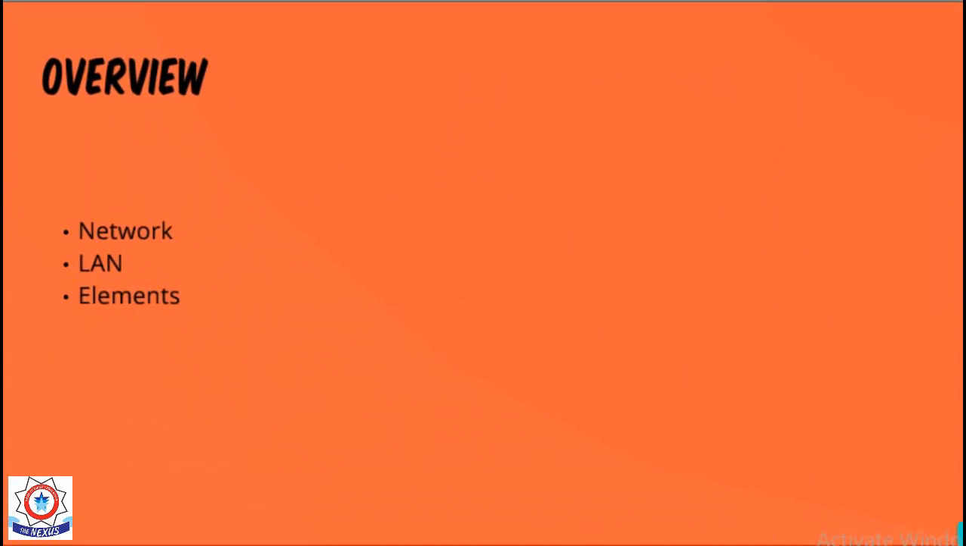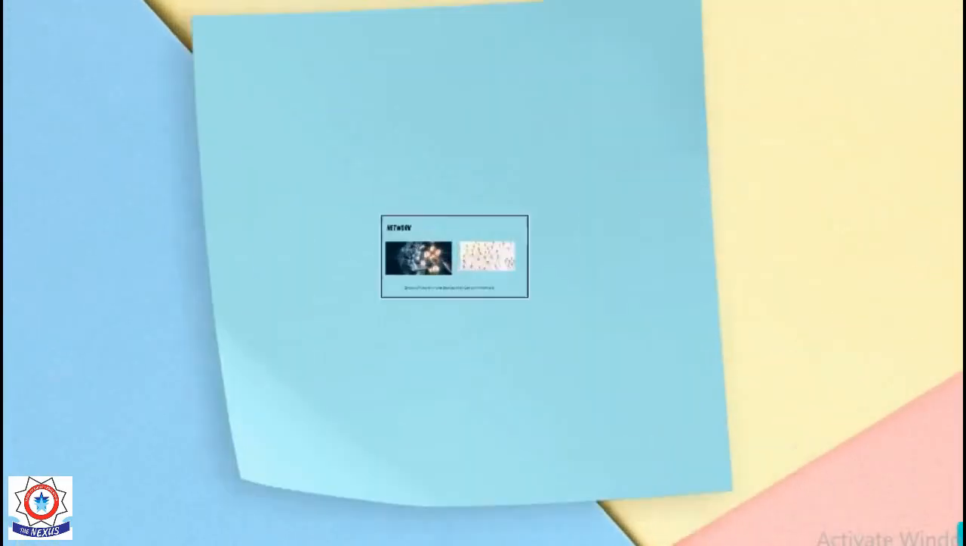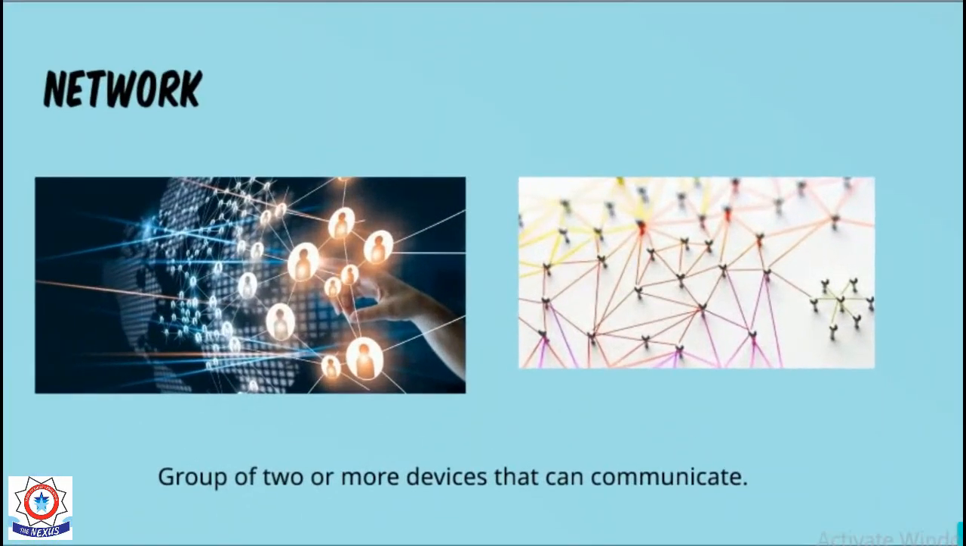Overview means the things that we are going to study in this chapter are network, LAN, elements, and many others, but these are the points that I have mentioned here, and these points we will cover inshallah in this lecture. Proceeding further, the very first point, network. As I have mentioned in the overview slide,